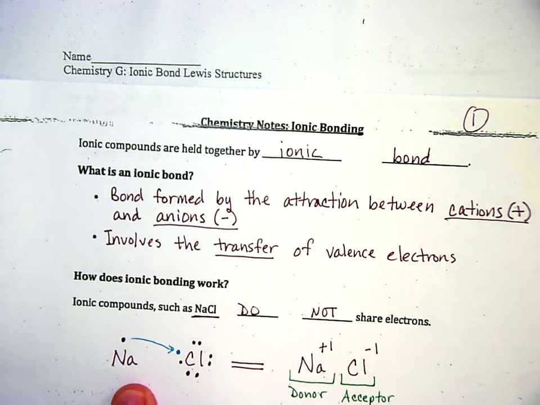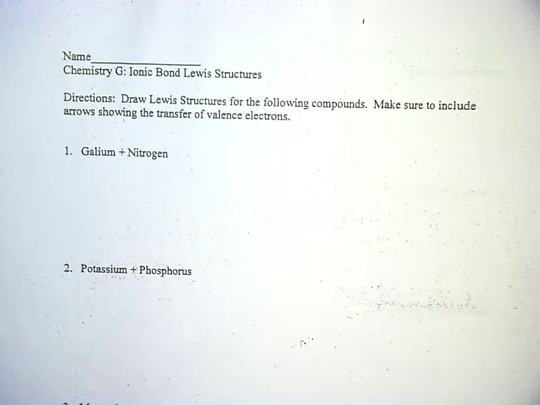We'll have to first draw the symbol of each element, look up their charges, do the crisscross method to get the formula, and then based on how many atoms of each we have, we'll have to draw those out and transfer the valence electrons from the metallic atoms to the non-metallic atoms. So here we go. We're going to start off with